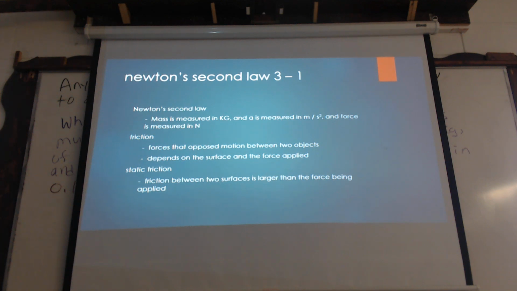We refer to this as Newton's second law because the first one, I want you to think about this for anyone who follows racing. And another aspect that